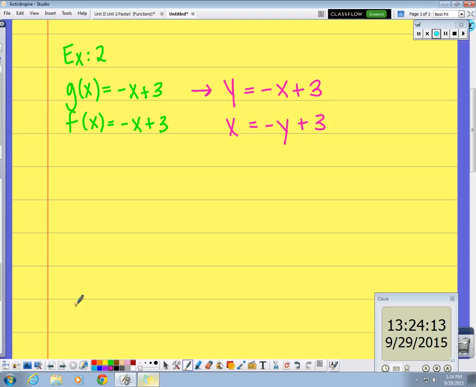Okay, what's step 2 for finding an inverse? Solve for y, so we'd start by subtracting that 3, canceling it over here, subtracting it over there. That leaves us with x minus 3 equals negative y. Now have we solved for y? Divide. Right, this is a negative 1 that's being multiplied by y, so to undo that, you divide by negative